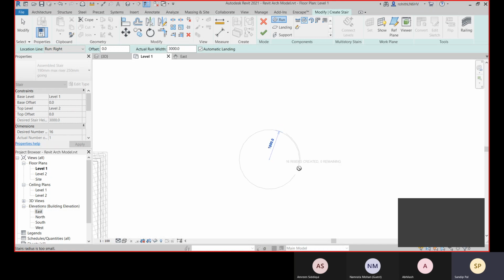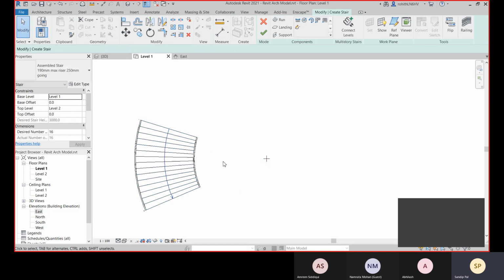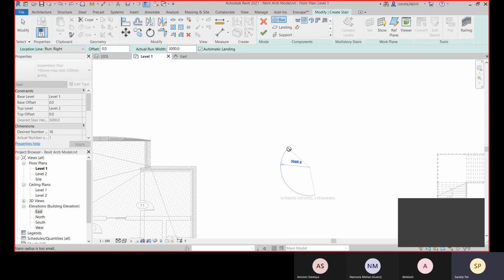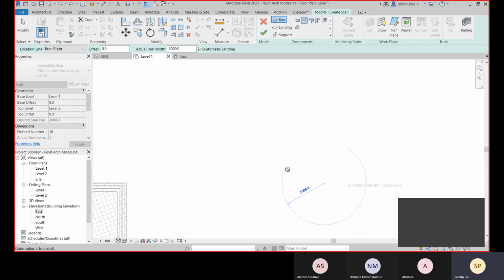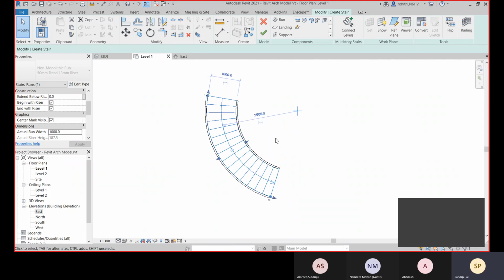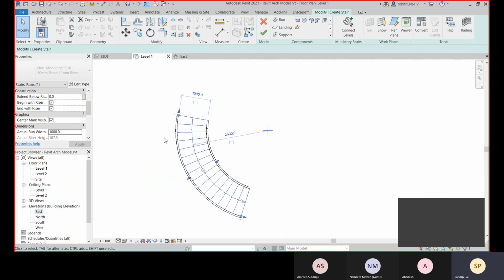Okay, so if you change the run width like 1000, you can see this kind of stair you are having with this.